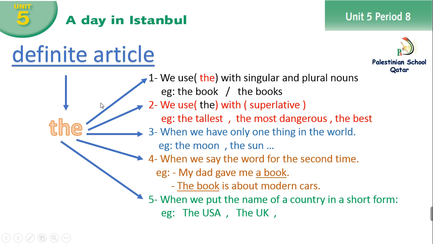Now the second part is the definite article. Definite article, the, okay, we use the with singular and plural nouns. So we can say the book, singular, and okay, we can say also the books, plural. So we can use the with singular, we can use the with plural nouns. Number two, we use the with superlatives. As we talked about comparatives and superlatives, we use the with the superlative. For example, I can say the tallest, the most dangerous,